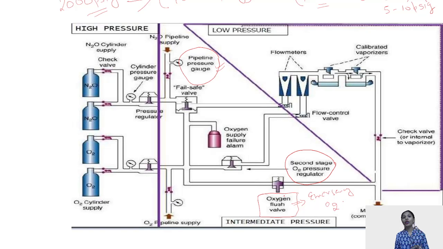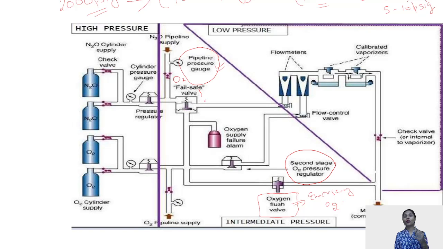It does not include your low pressure, that is, the pressure that is delivered is the intermediate pressure at your common gas outlet itself if the oxygen flush is switched on. Other than that, we have two systems which are important because they prevent a delivery of hypoxic mixture to the patient, which includes your oxygen fail-safe valve, and second is your oxygen supply failure alarm.